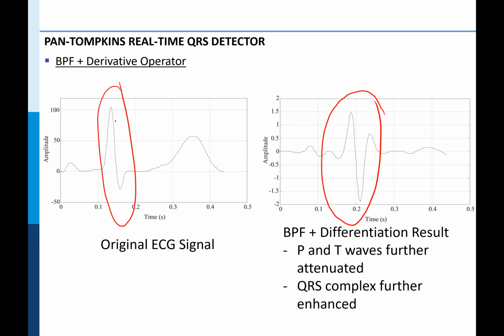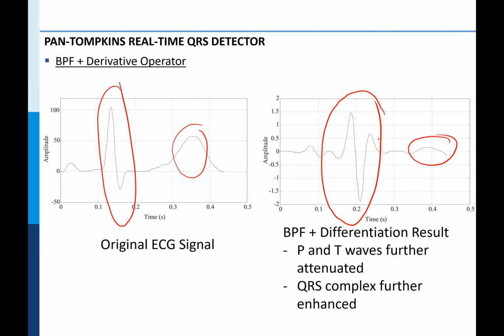And it might do the same impact on the T wave, but this T wave, just because of what we did with the original first stage of bandpass filtering, has been attenuated. So the derivative filter right now is only operating on the QRS complex, and the T wave is basically diminished, attenuated. It's just because of the help that we got from the very first stage of the bandpass filtering. The bandpass filtering has really zoomed into the QRS complex, and when we apply the derivative operator, it's really enhancing the